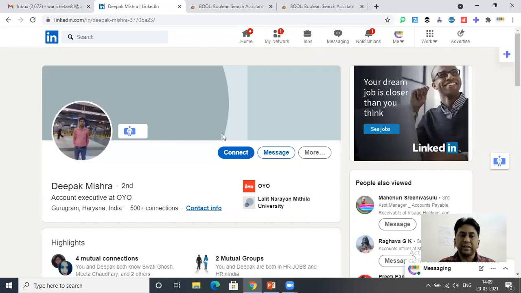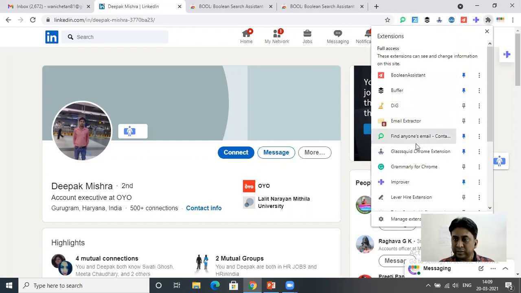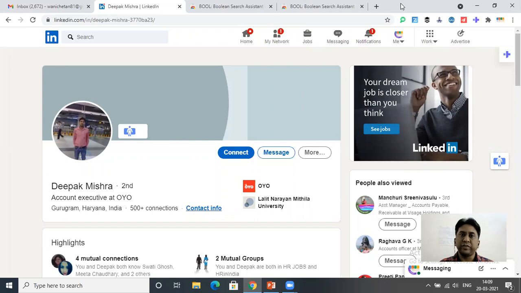The next step is, once you want this person's contact details, you have to click on the ContactOut Chrome extension. So here, this is the ContactOut Chrome extension, and this is the symbol. It has been downloaded the same way which I have told you. So just click on that.